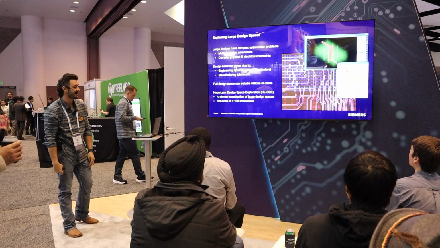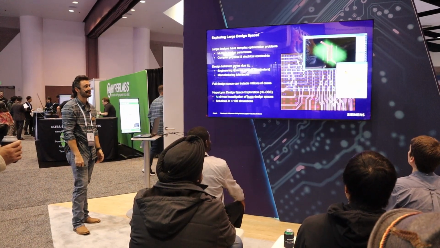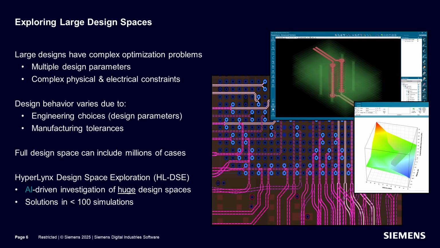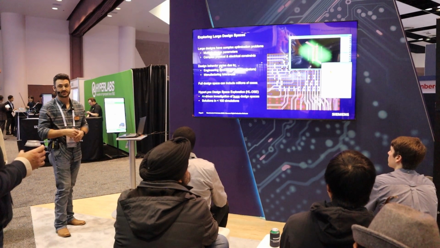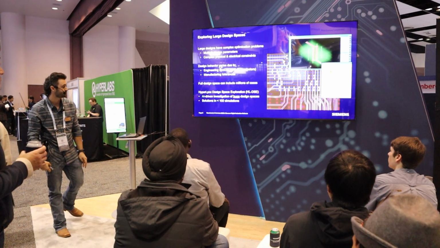Optimizing layout structures for these hyperscaler designs is extremely difficult due to the sheer number of design parameters that we're dealing with, as well as complex physical and electrical constraints. Specifically, BGA and connector breakout regions are tricky due to the limited space that we have to route signals and place vias as we want. It's not always possible to manufacture them that way, so we need to find a blend between the design that we want to build versus what's actually possible to manufacture.